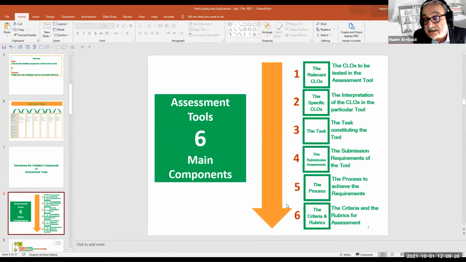We identified 6 main components that comprise the assessment tool. And these are common to most project briefs in the design studio.